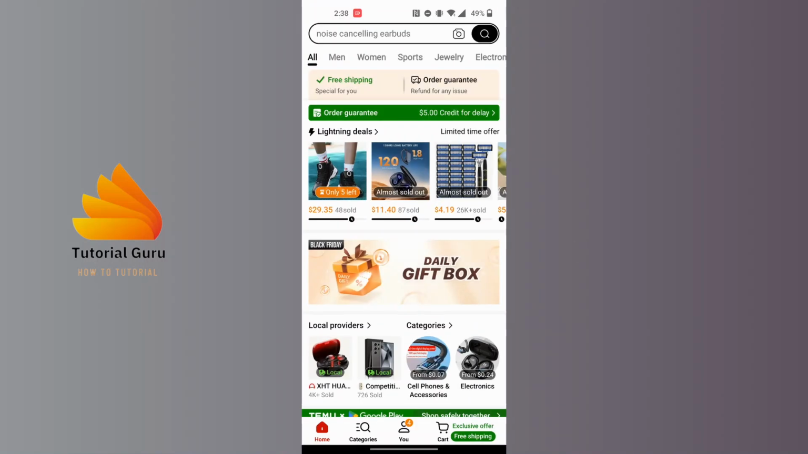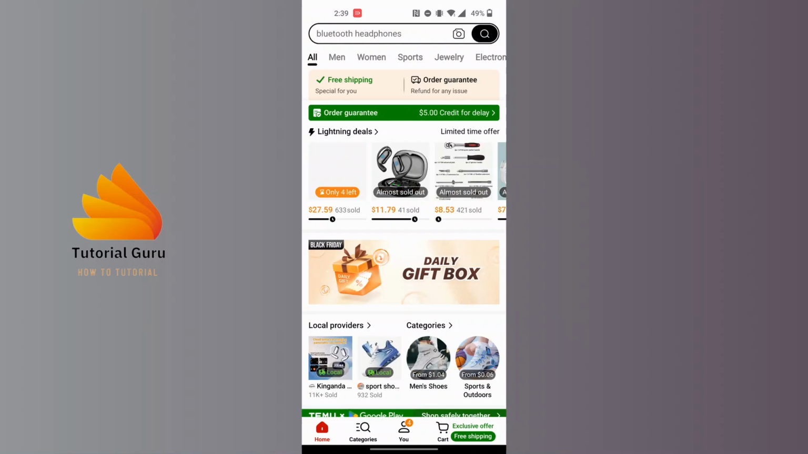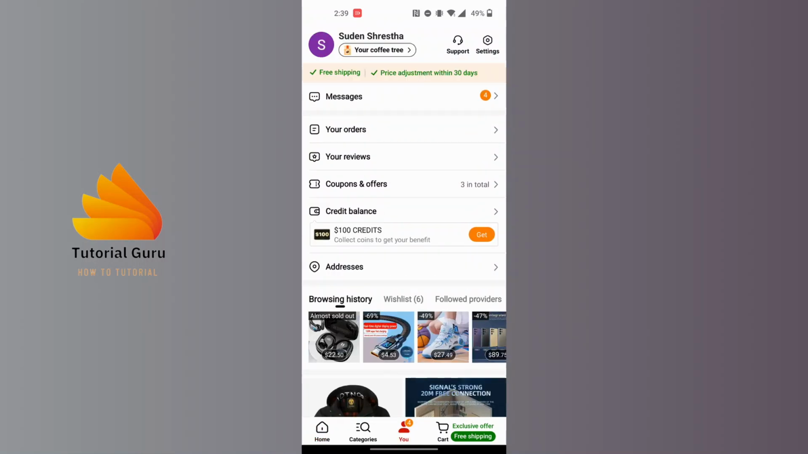And after opening your Temu app guys, on this interface at the bottom of the screen you can see a bunch of icons. Tap on the U button at the bottom of the screen and you land over here, whereas at the top right corner of the screen you can see the settings option available for us. Tap on the settings option at the top right corner of the screen